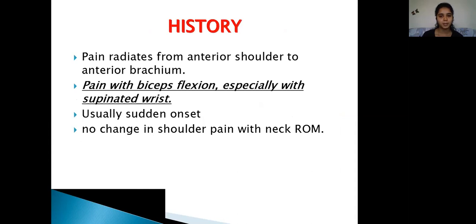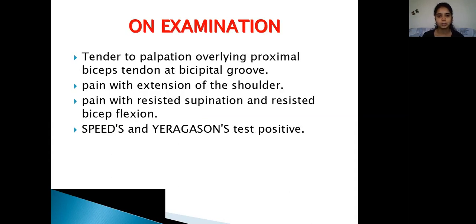Pain with biceps flexion, especially with the supinated wrist. It usually has a sudden onset and there won't be any change in the shoulder pain with neck range of motion. On examination, there is tenderness to palpation on the proximal biceps tendon at the bicipital groove, with extension of the shoulder. Patient will have pain with resisted supination and resisted biceps flexion, and the tests done are Speed's test and